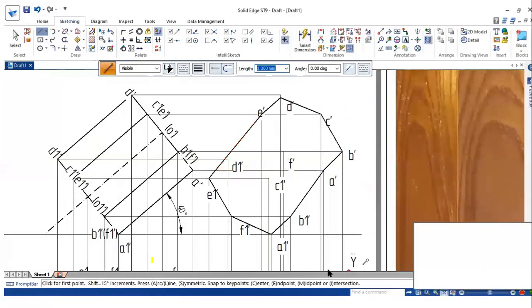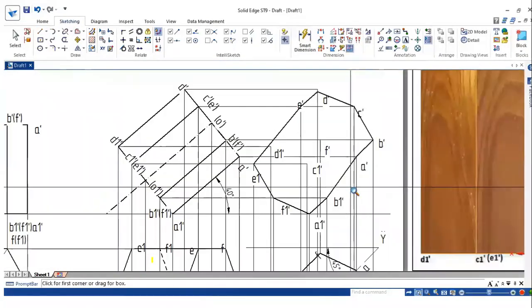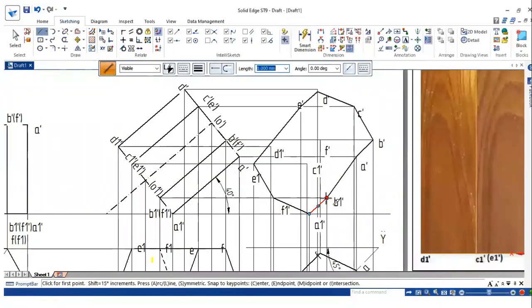Now the base near to the observer is A1, B1, C1, D1. So make that visible. A1, B1, C1, and D1. Okay, D1 is visible, so make that a visible line.